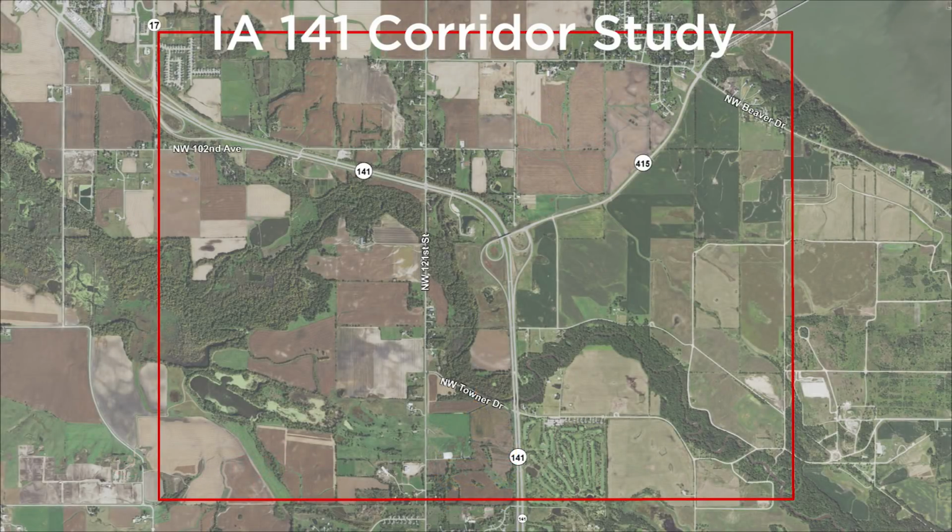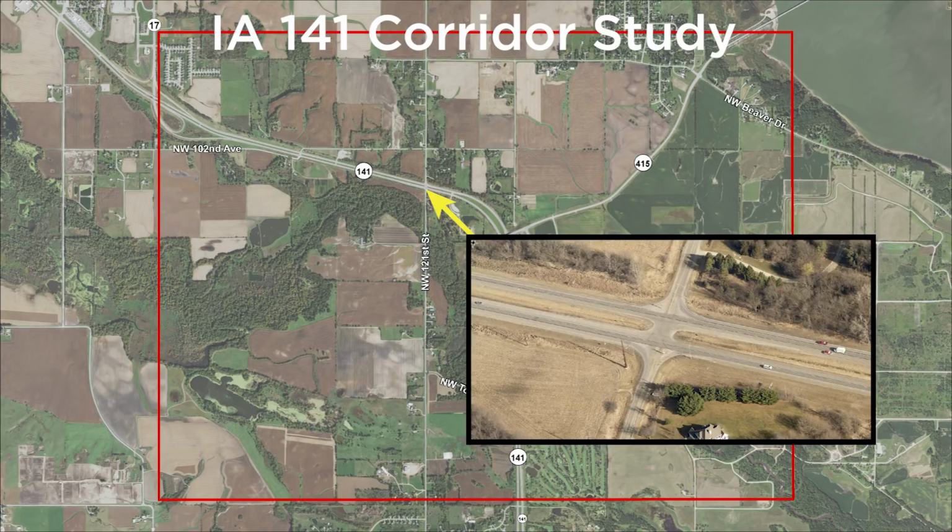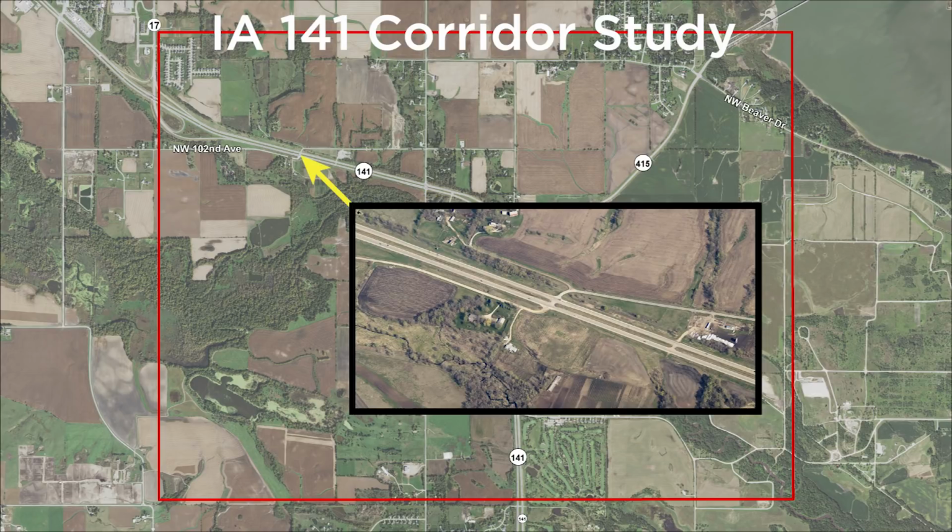The purpose of this meeting is to update citizens and stakeholders on the study, background data, and environmental constraints, and to obtain public feedback regarding corridor safety and operations. Feedback received at this meeting will be used to develop intersection and roadway alternatives and eventually develop recommendations for improvements